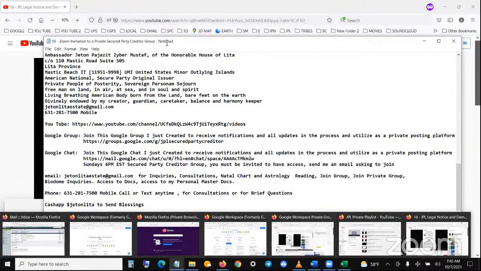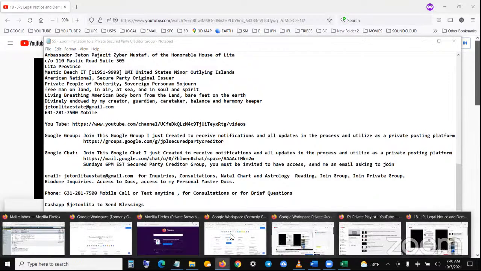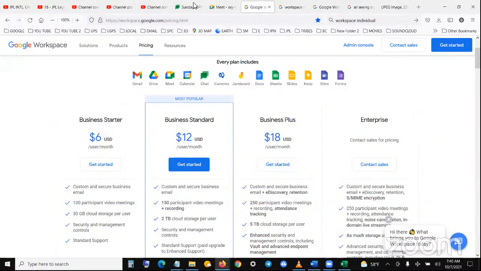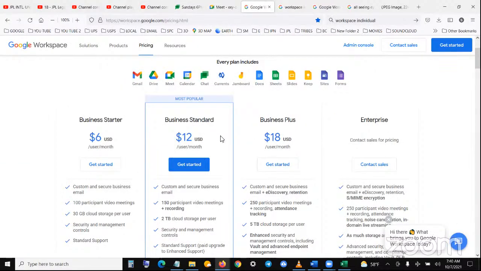Oh, it's already, no, that's the wrong one. And then I add you to this group, and then from here, you're going to have access to all my voice recordings. When I talk to new people, we're going to utilize it through, I can't scroll up, but it basically says chat, files, tasks. This is integrated and works with this. Look, Google Meet, Google.